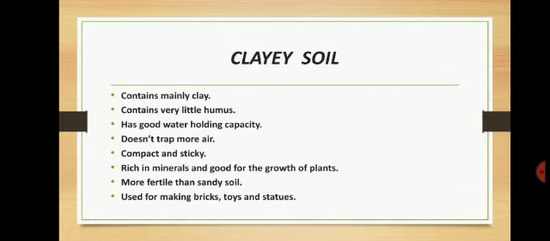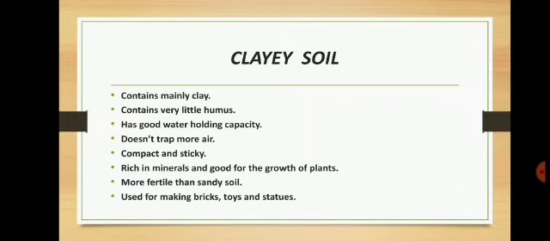Now the smallness of the particles of clay soil is also a disadvantage. Why? Because the water drains out very slowly through clay soil, which can lead to water logging of the soil and can damage the crop plant. If too much water is logged in a soil, what happens? The plant root undergoes anaerobic respiration. Understood? Anaerobic respiration leads to the formation of alcohol, which is quite harmful for the plant.